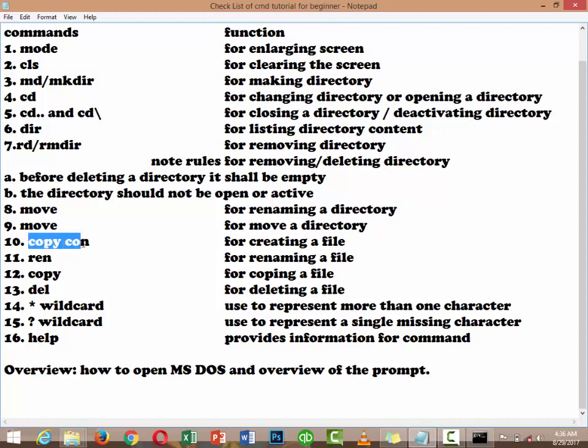and we all know a file ends with an extension. So whenever you want to create a file within CMD, the command that enables you to create a file is called copy con. Remember, a file ends with an extension. So whenever I want to create